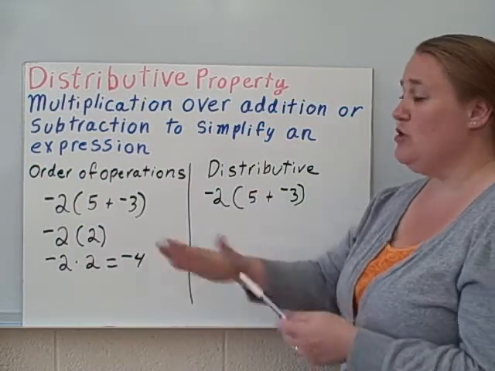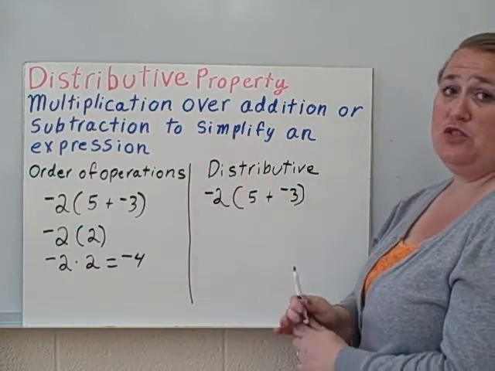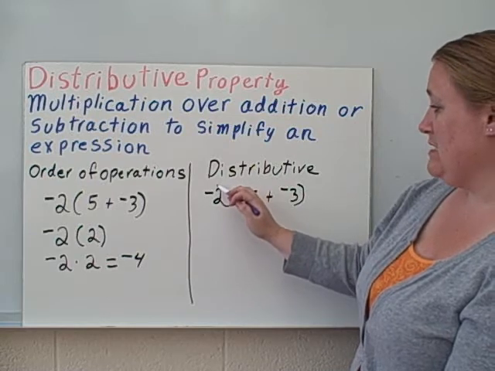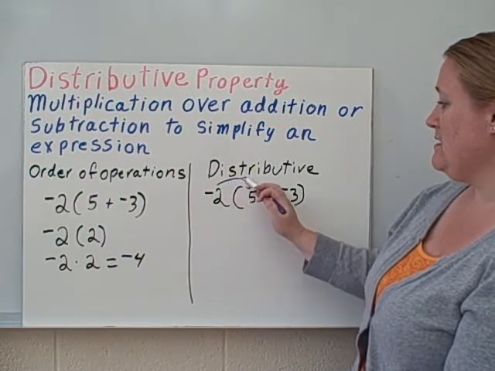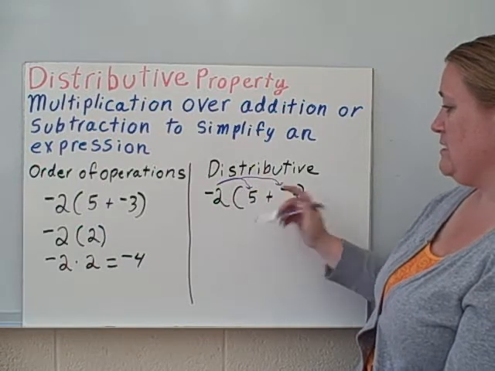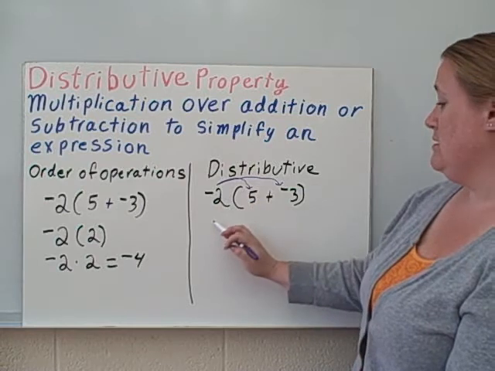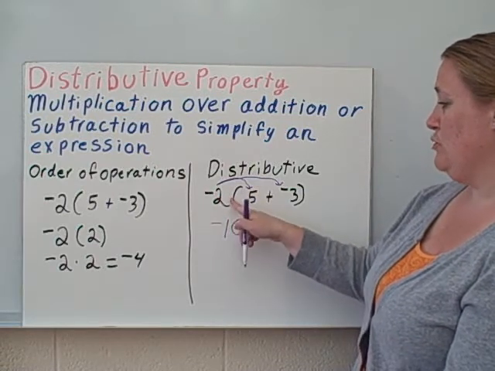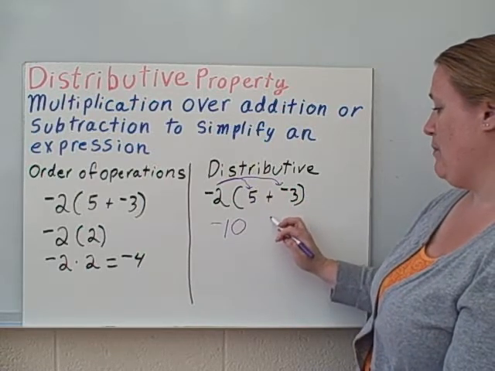Sometimes we can't use order of operations. I'll show you that next. So we have to use distributive property. Distribute means to pass it out to everything inside the parentheses. -2 times 5 is -10. -2 times -3 is +6,